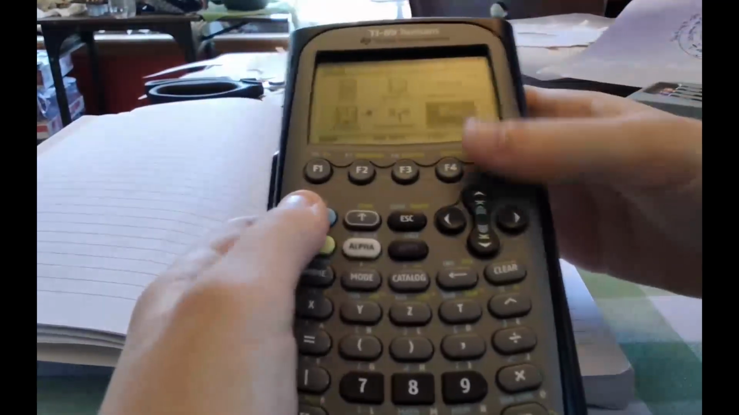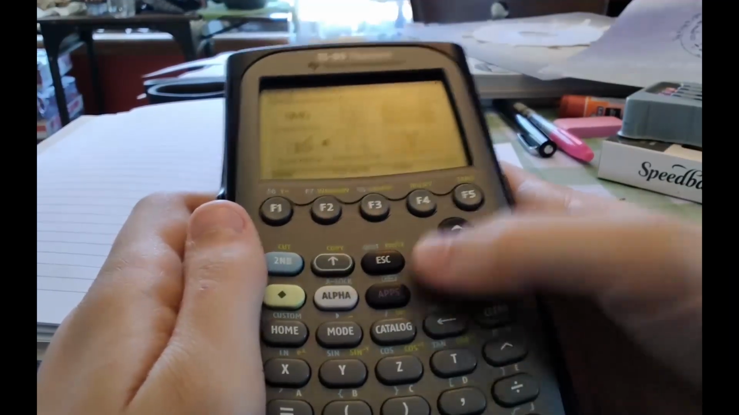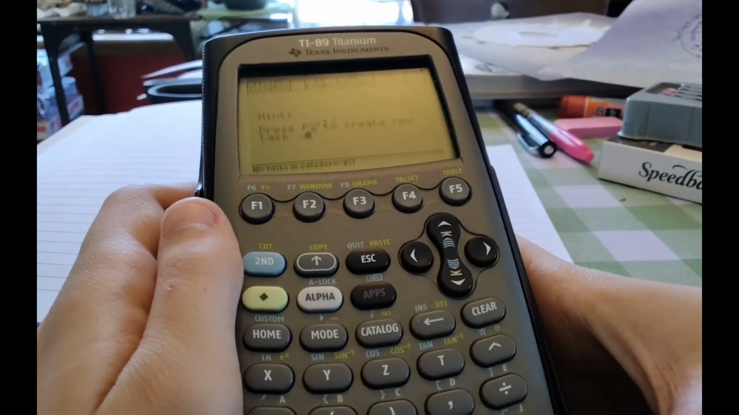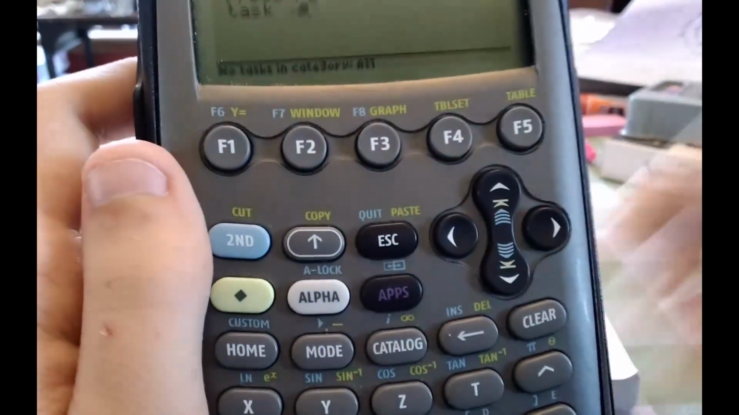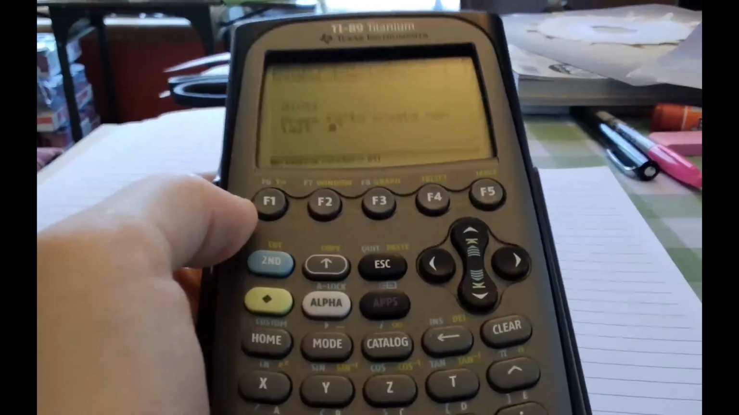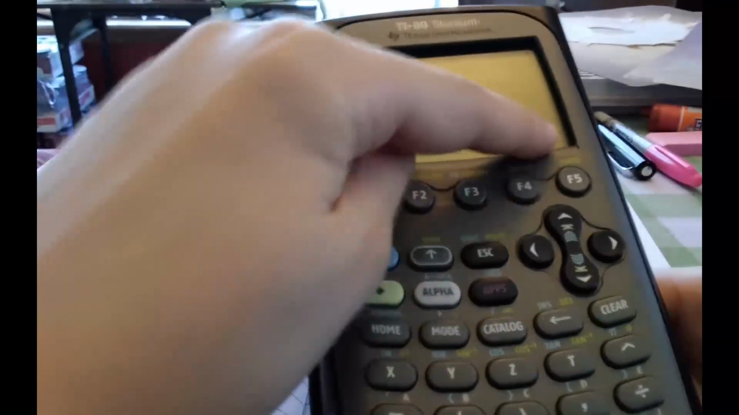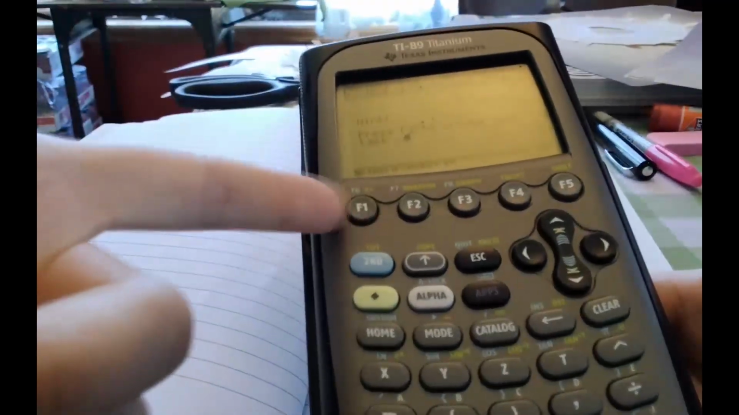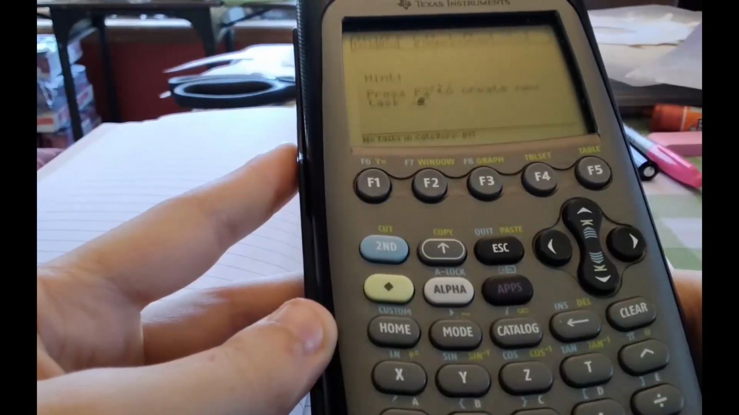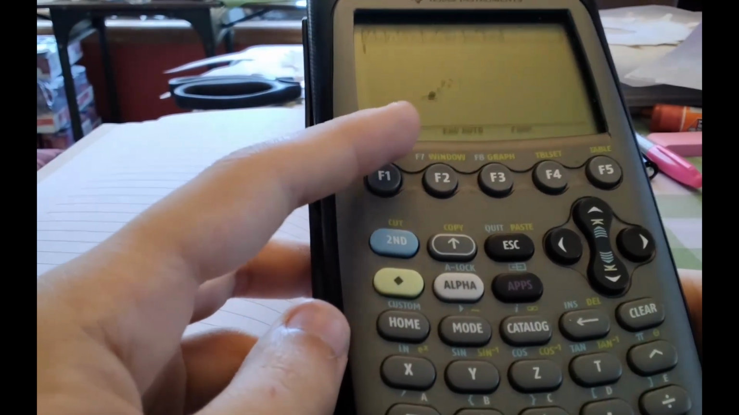Well, let's pull the camera back. So, I don't know what we should do. Let's see if we can set up some tasks. If you want to set up tasks, let's just follow the software setup guide that's given to us. Hint, press F2 to create new task. F2. These are like the function keys on a computer keyboard, but there's 5 of them here. Let's just hit F2, and I guess we can